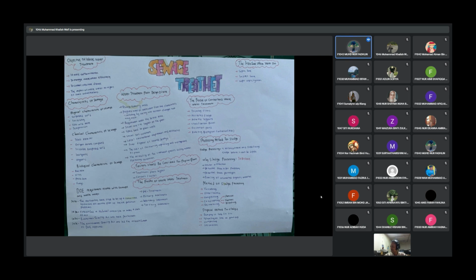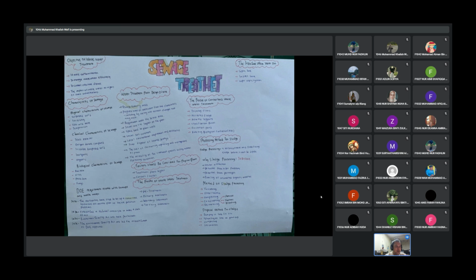Last topic today is sewage treatment. First is the objective of the wastewater treatment. Second, we have the characteristics of sewage. We have the physical characteristic of sewage, chemical characteristic of sewage, and